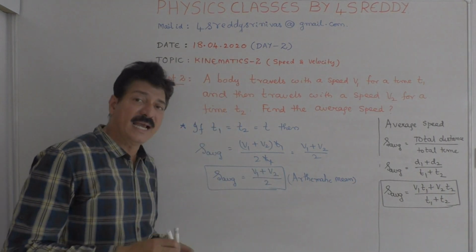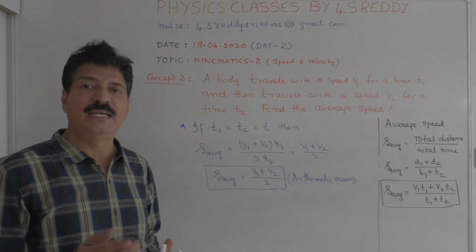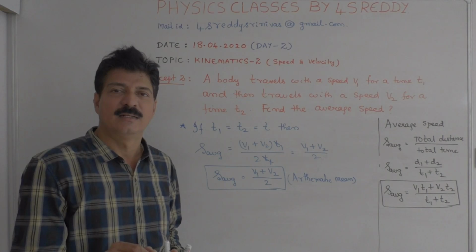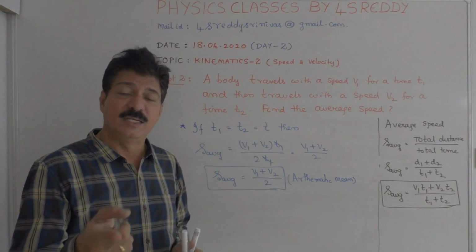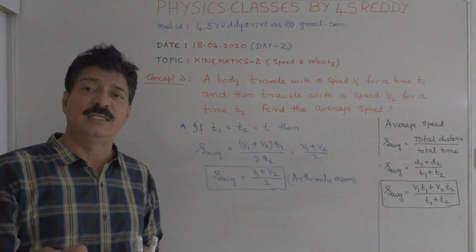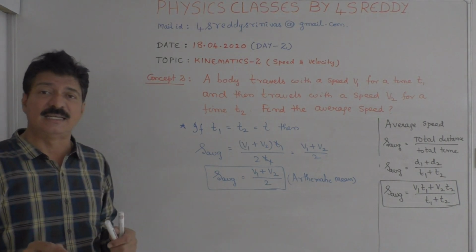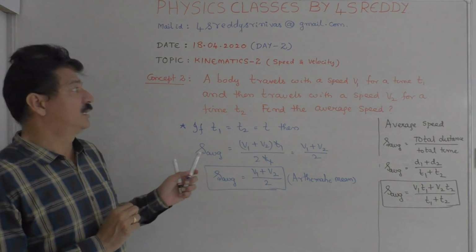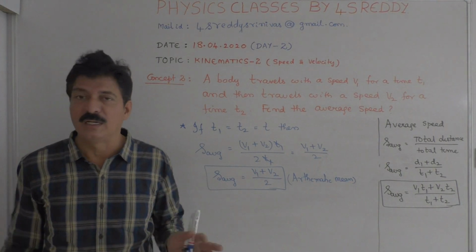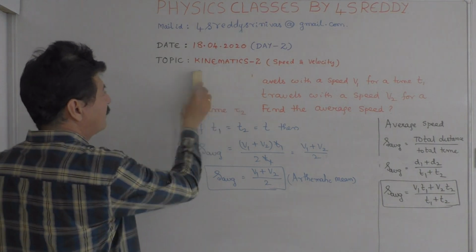So, when times are equal, the average speed is the arithmetic mean, (v1 plus v2) by 2. If the distances are equal, then the average speed is the harmonic mean. This is about another point related to this. And after that,